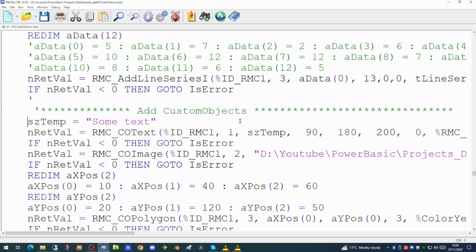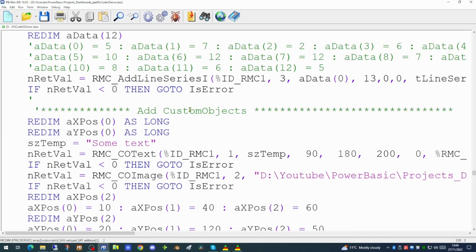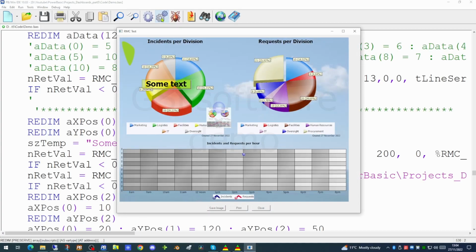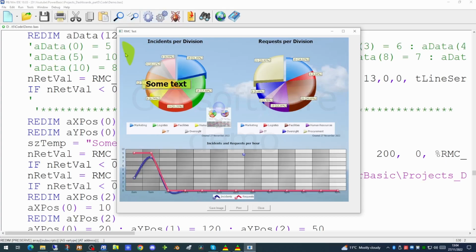Having pasted that code in, there is one additional change we will have to make. There are two arrays which have been set up to handle the polygons. We just need to dimension those, and we should be good to go. If we try running the application now, we'll see our code has actually worked. We have the polygon at the top left-hand corner, we have the text on the screen, and we have the image displaying in the middle with our circle gradient filled.